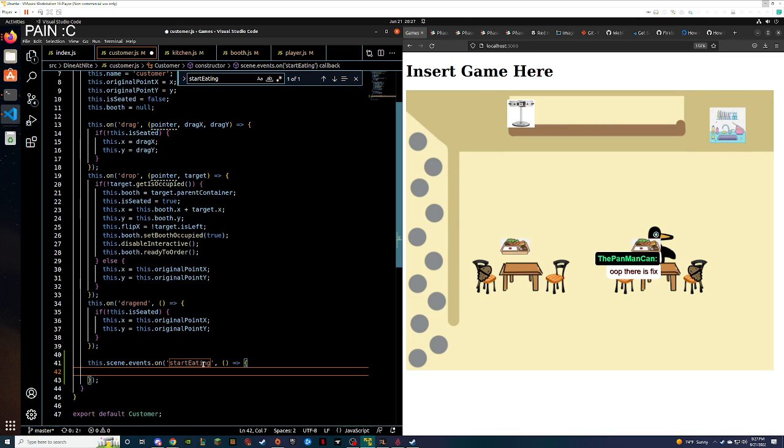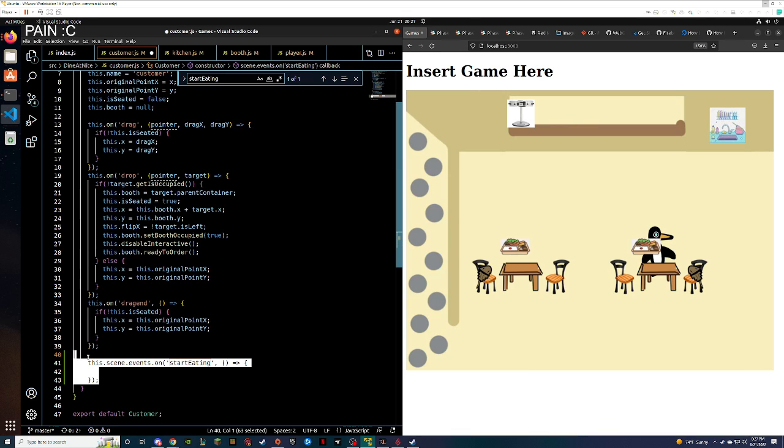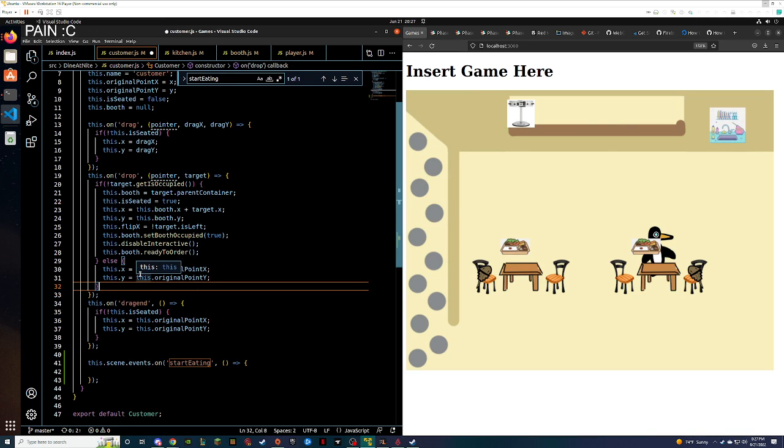That's what I thought. I can't see enough of the source code to see even what that function does. This function does absolutely nothing right now. Ready to order. I don't see...